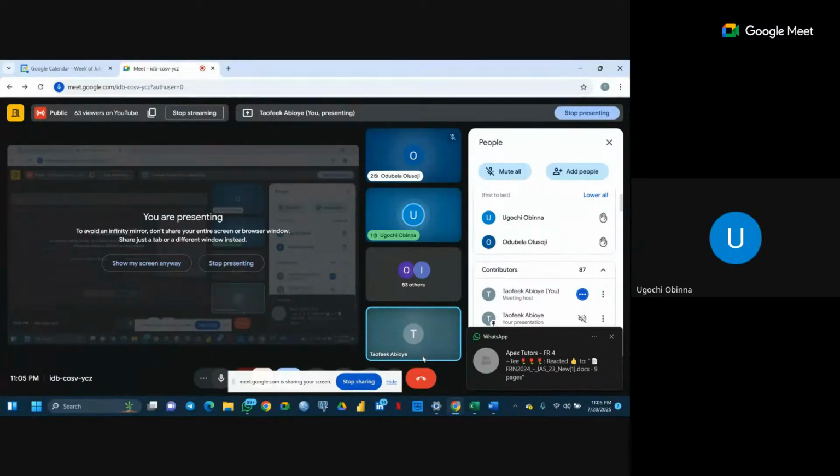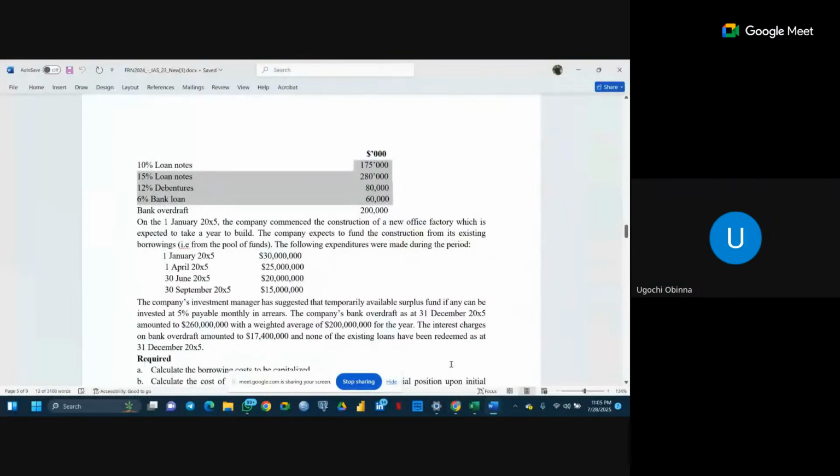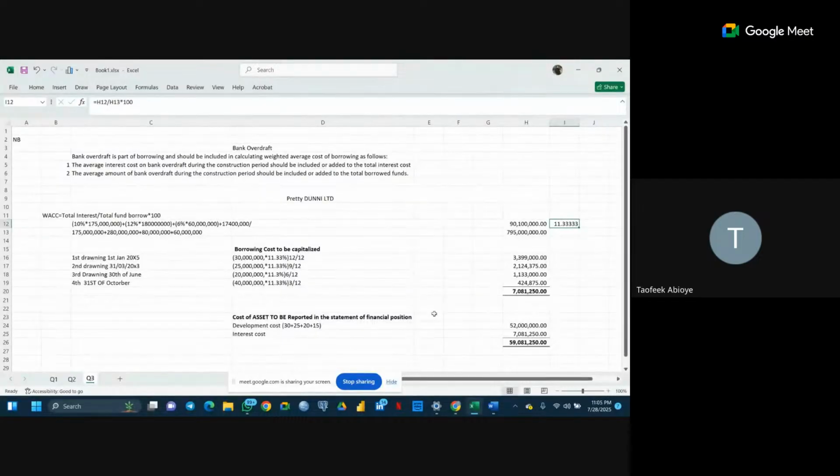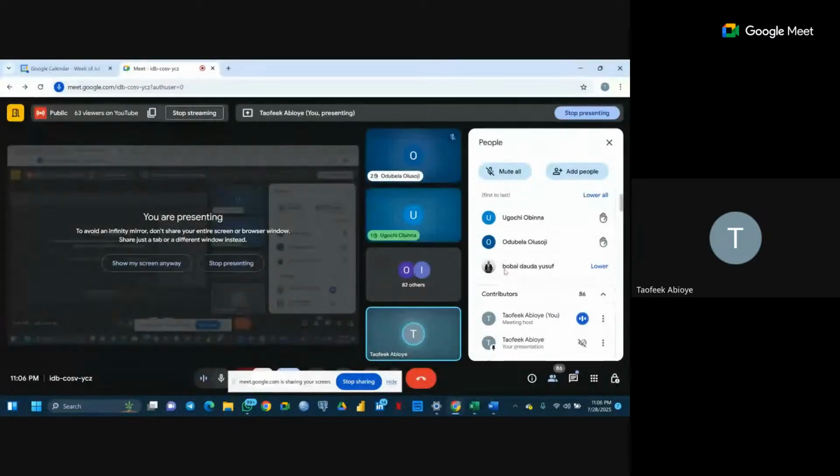Yes, sir. Sorry, where are we getting that 180 million from? Because from the question, I'm not seeing 180 million. I'm seeing 80 million only. So where do we see 180 million? In your calculation in the Excel work, that's 12% times 180 million. It is a mistake. It's 80 million. Okay, check. Okay, it's 80 million. Do you have any other question? Okay, no, thank you.